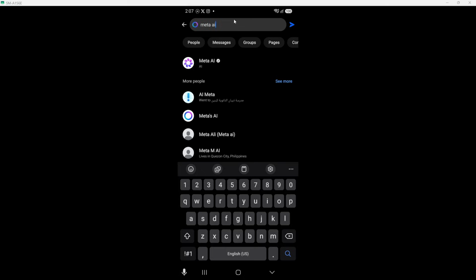Next, search for Meta AI or another available AI. Type the words Meta AI into the search field slowly so you can watch the suggestions update underneath. If Meta AI is not listed for your region, Messenger may show other AI options with a small label such as AI under the name.